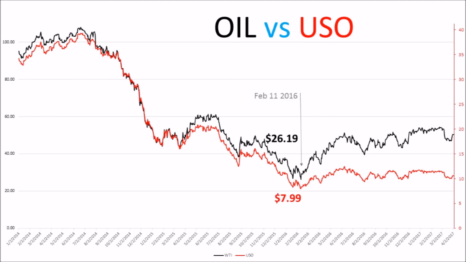Now let's look at an extreme example. Back on February 11th, 2016 is when West Texas Intermediate hit a low. On that day, oil hit a low of $26.19. The corresponding price of the ETF USO on that day was